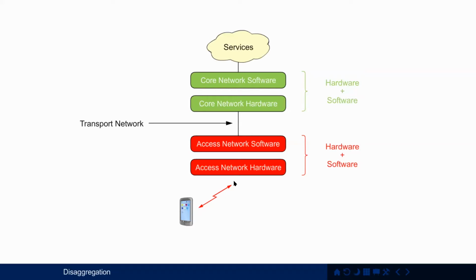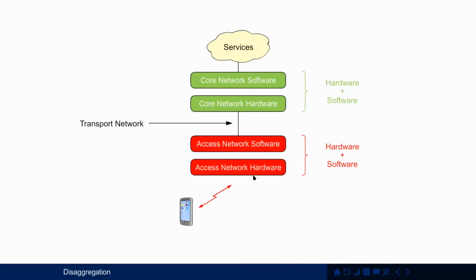And when you look inside a GSM network, a UMTS, 4G or 5G network, the components within the RAN will consist of both hardware and software. And traditionally, the hardware and software has been sourced from one vendor. What we need to do to create an open RAN is to perform disaggregation. And disaggregation is separating the software from the hardware. What I mean by that is being able to source the software from one vendor, and the hardware is then supplied by a separate vendor.